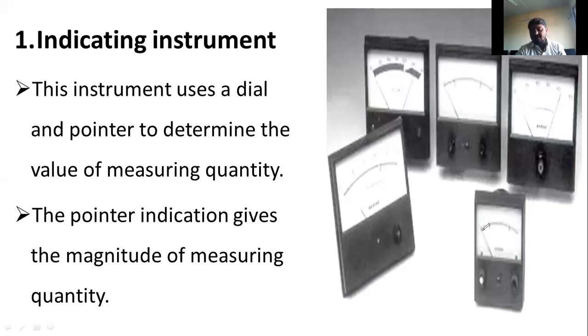Scale means they have already mentioned here 0, 1, 2, 3, 4, 5, 6, 7, 8, 9. Based on that, they have mentioned the values over there. Suppose I give the supply, I want to measure the current, means this is an ammeter. Let us think that it is an ammeter here. So when the supply is on, we have applied some voltage. Suppose the current is 5 ampere. Just imagine that. So the pointer is at 0. Whenever we switch on this circuit, this pointer is going to indicate 5 here now. Here 5 is there, means this pointer will shift to 5.